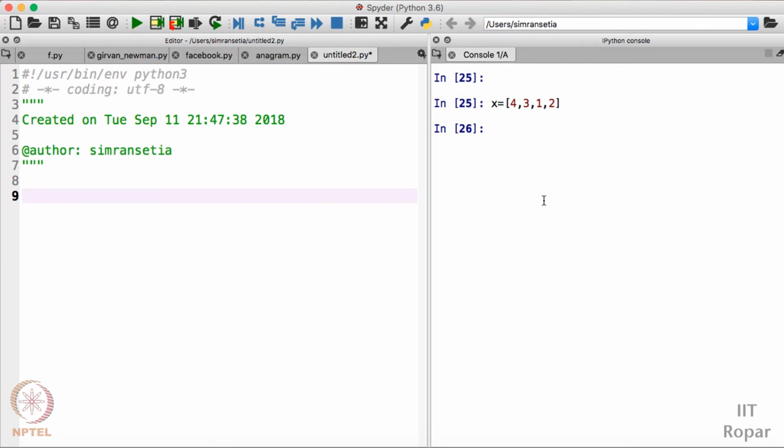Now if I write print sorted of x, see, it printed the sorted values in ascending order. I repeat, the sorted function by default sorts the values present in a list in ascending order.